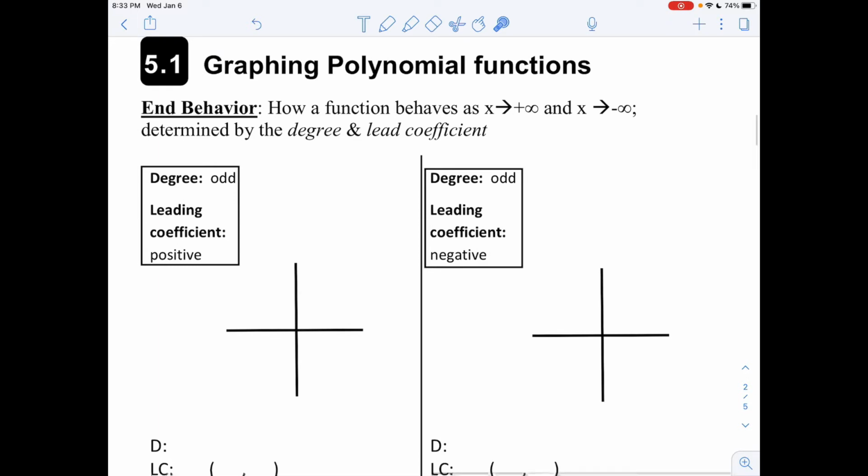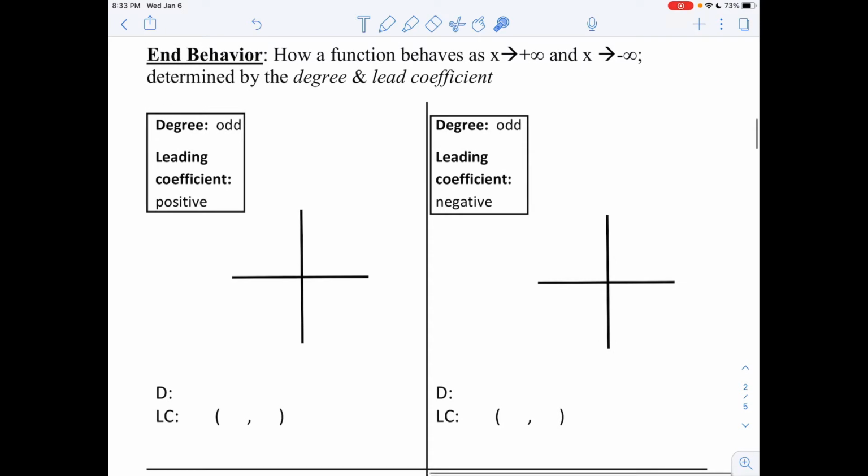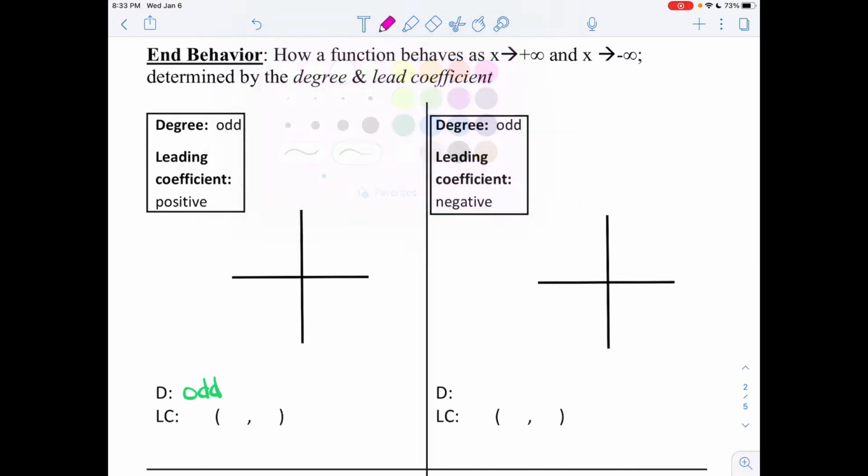We'll have 4 cases to look at here because our degree could be even or odd, and our leading coefficient could be positive or negative. So that's going to give us 4 combinations. So for this first case here on the left-hand side, our degree is odd and our leading coefficient is positive. So if we have a degree that is odd and a leading coefficient that is positive, that positive leading coefficient,